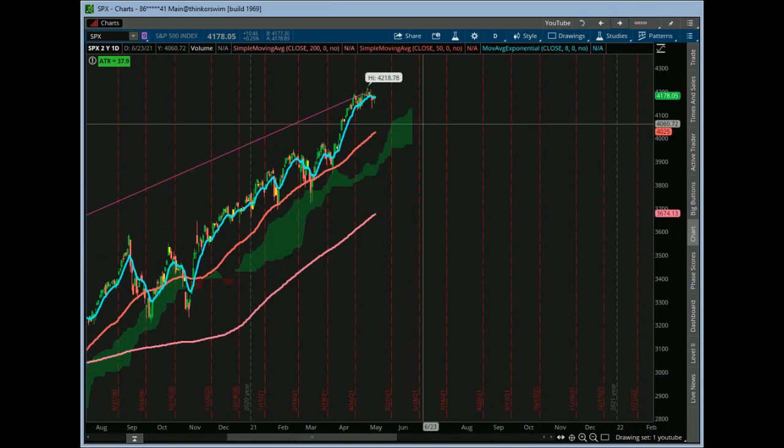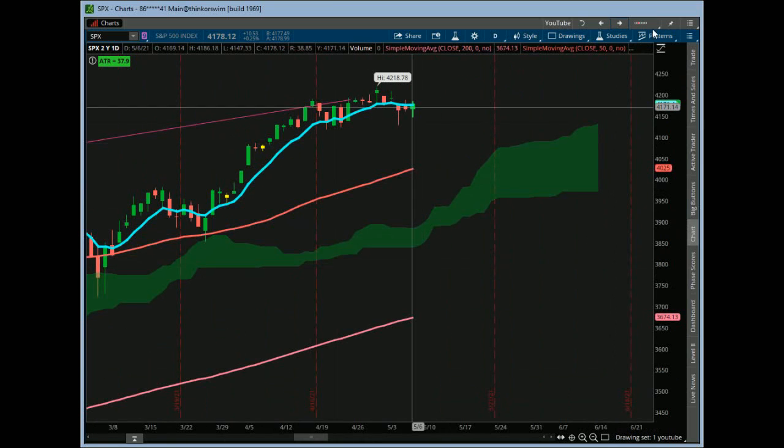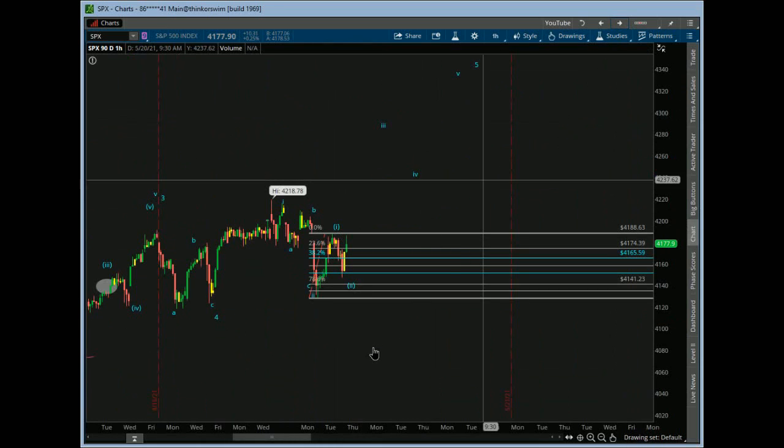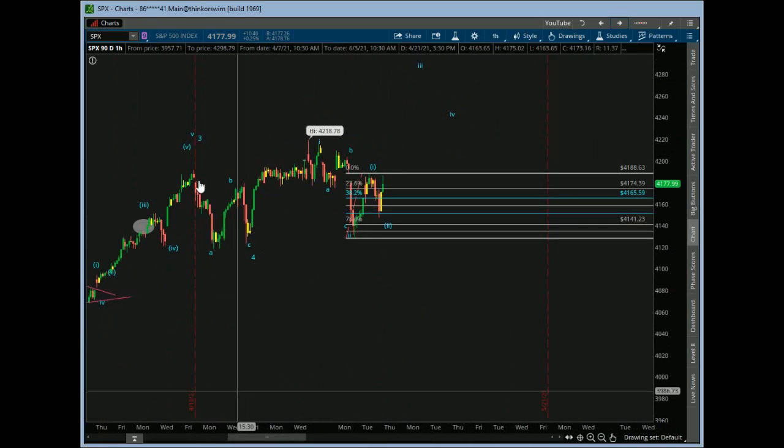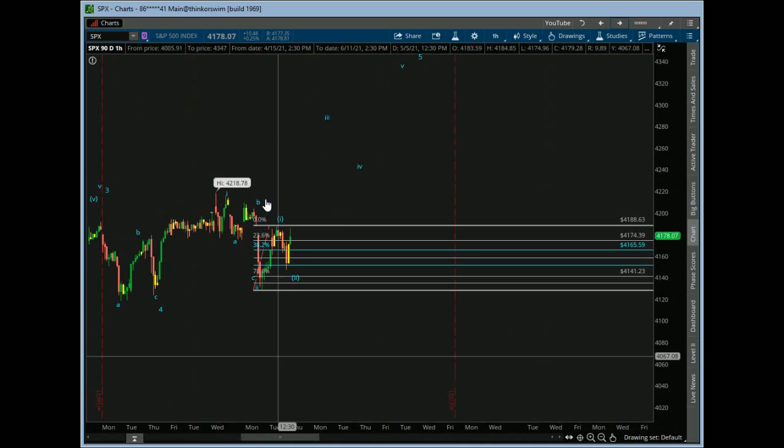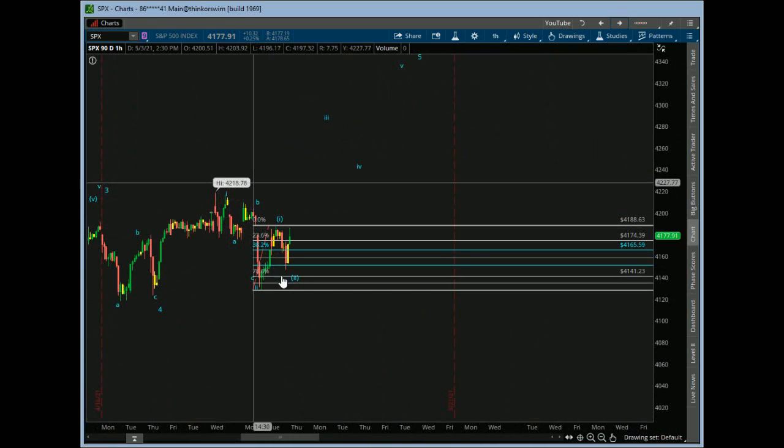Let's see with the daily chart, guys. Generally looking okay. Definitely a tight range right here, right at the 80 MA. So let's see what kind of day we get here today. It could be a bullish count here, right, guys? We've been talking about this wave count right here, right? We've got our 1, 2, right, 3, A, B, C, 4, and then 1, A, B, C, wave 2, and